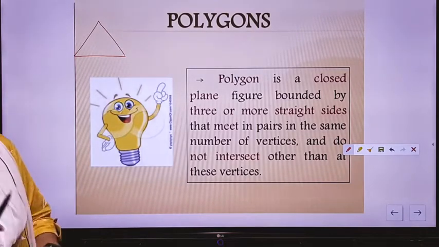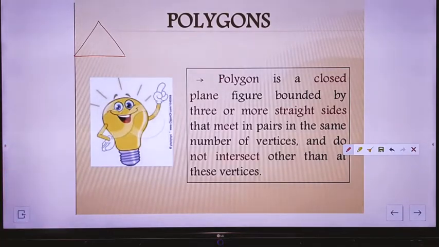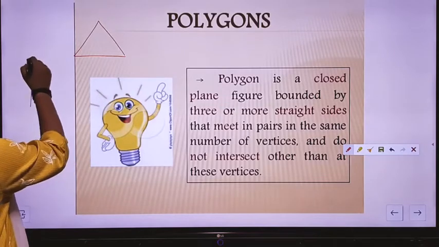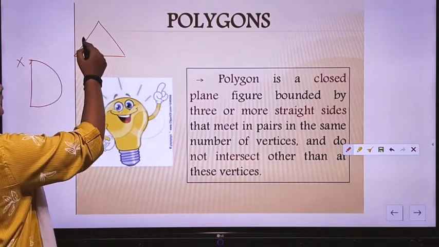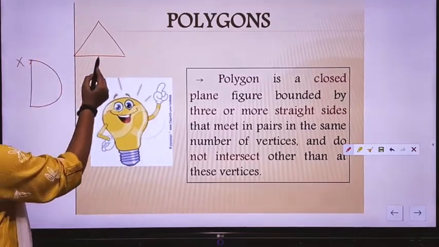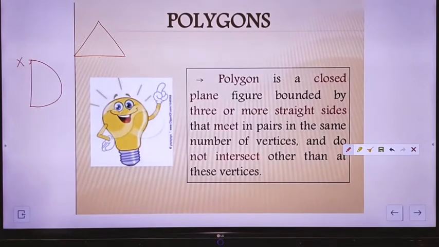If any curve is not made up of just line segments, it is made up of some other curves as well. For example, this is a semicircle. This we know is a line segment. But this is not a line segment, so we cannot call this a polygon. This is a triangle. See, this is also a line segment, this is also a line segment, this side also is a line segment. So such curves which are plane and made up of only line segments are known as polygons.